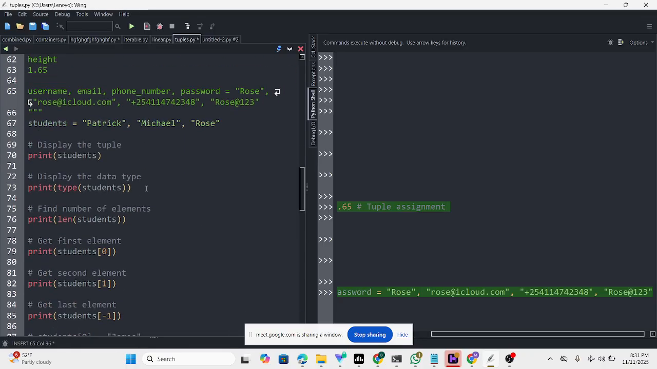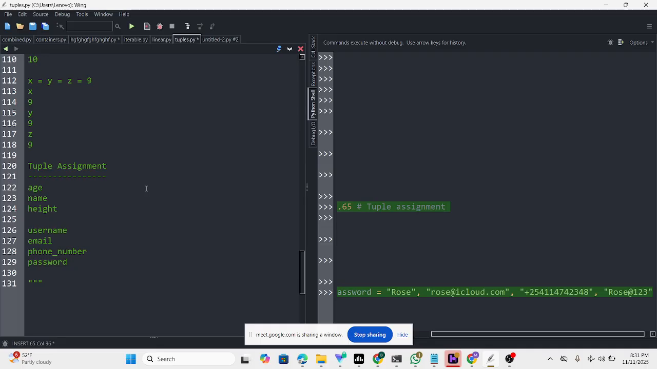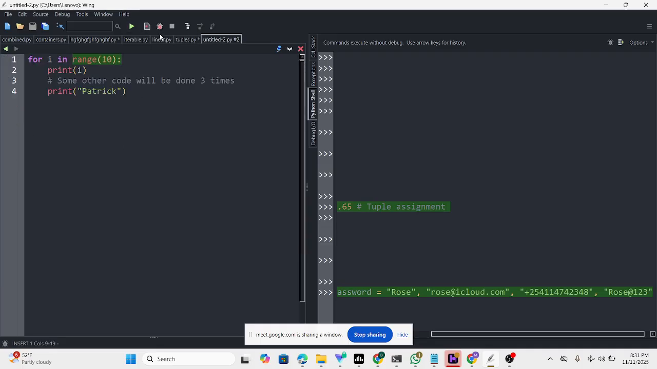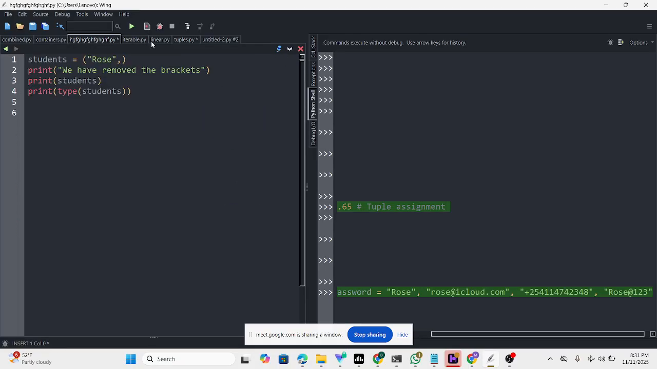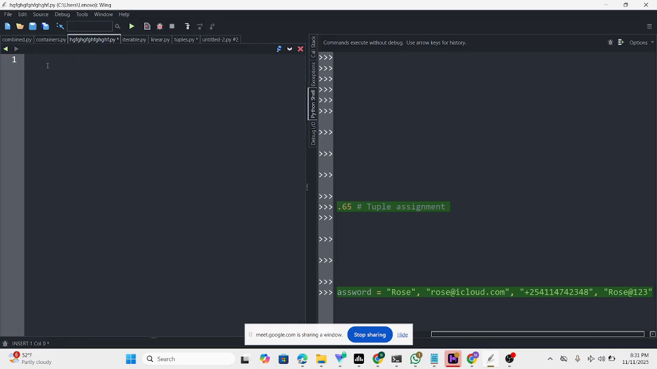So let me just put it there. Now, the next thing you're going to look at is something called tuple unpacking. So we've already seen these. So we're going to look at something called tuple unpacking. Now, we have seen that